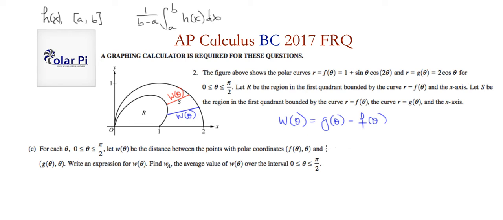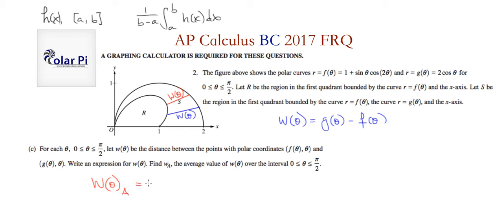So in this case, the average value of W of theta, which we can cumbersomely write W of theta sub A, or abbreviate as W sub A,